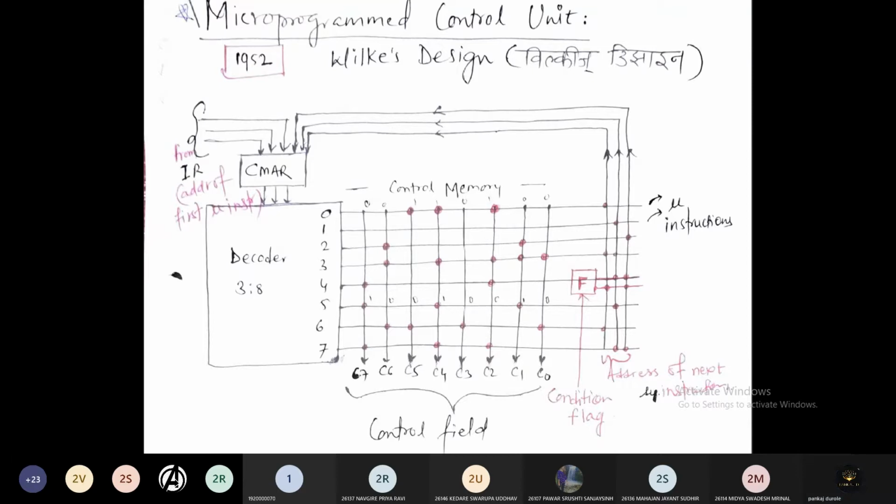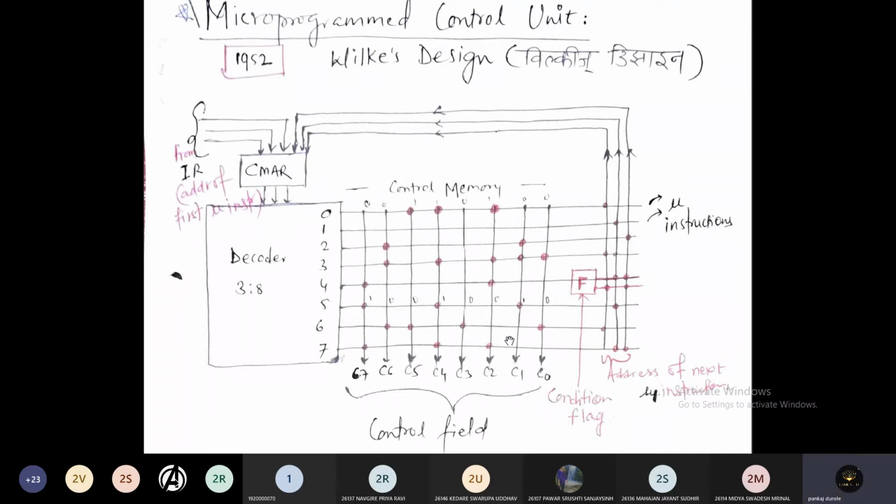We know that the control unit is generating the control signals, and here in case of Wilkes design, to execute those micro operations or micro instructions, separate programs are written, and those programs are stored in this memory.